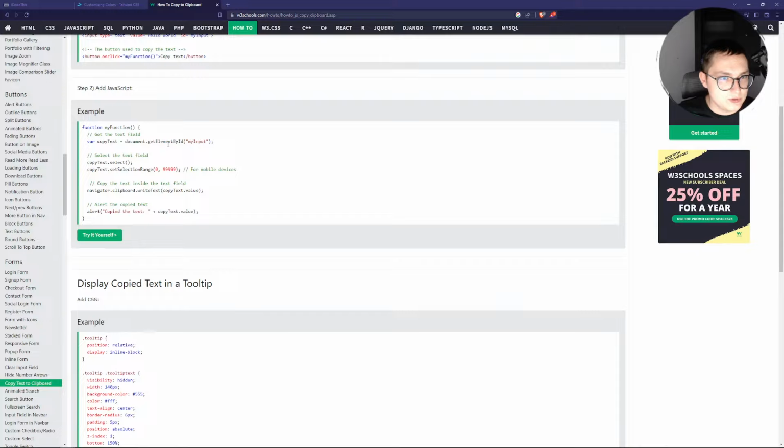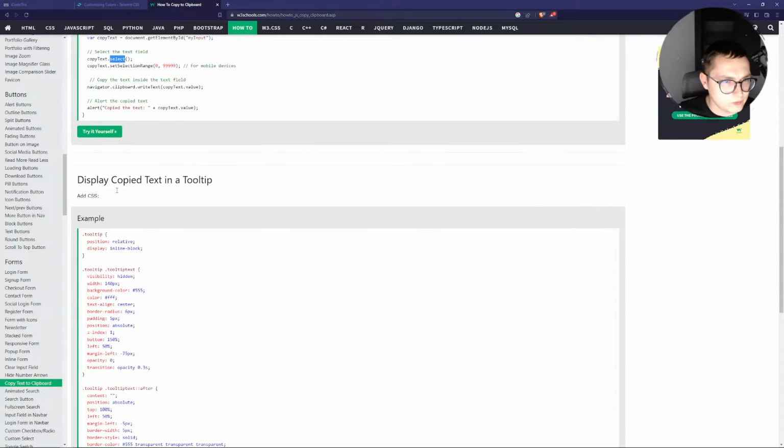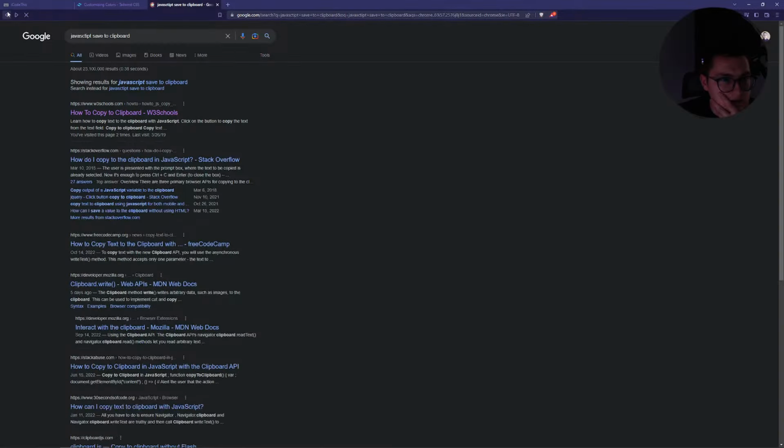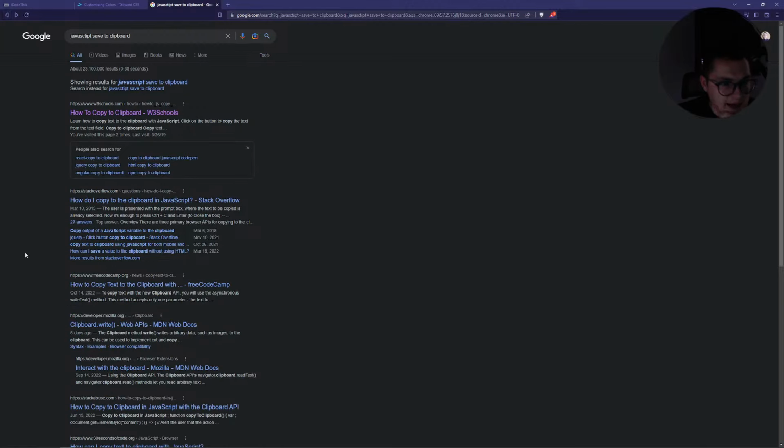So yeah, we want to get an input, select the input. No, I think it was different. Get the input, select, set. No, this feels... Oh, for mobile devices. Copy the text inside the text field. Navigator, copy clipboard, write text. Copy text at value. I knew it was another system. I did it in the past, but